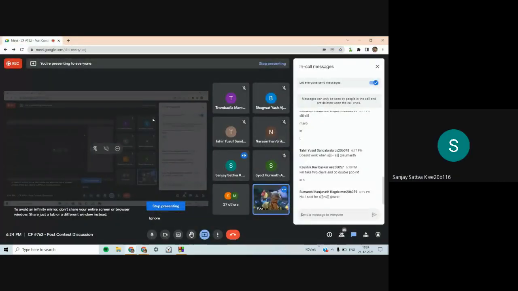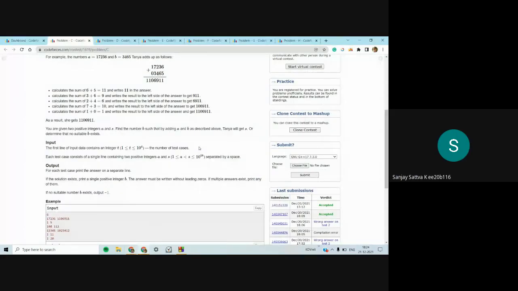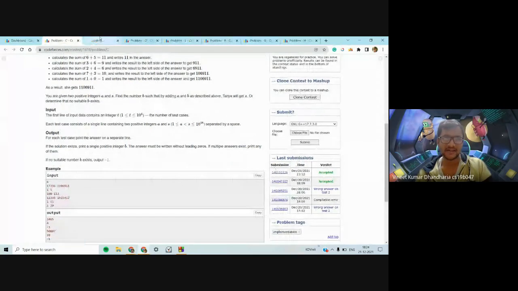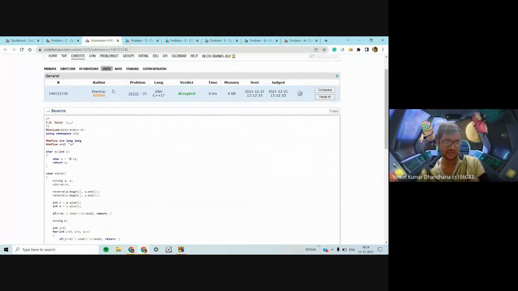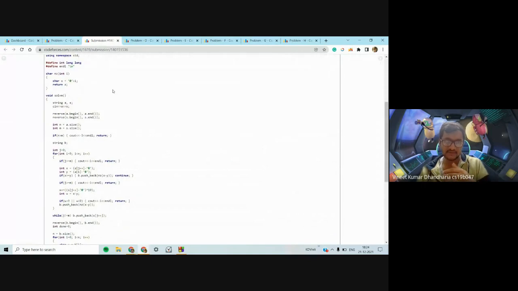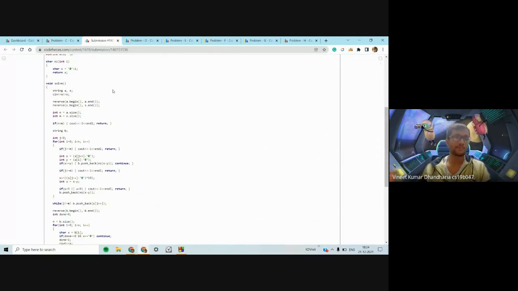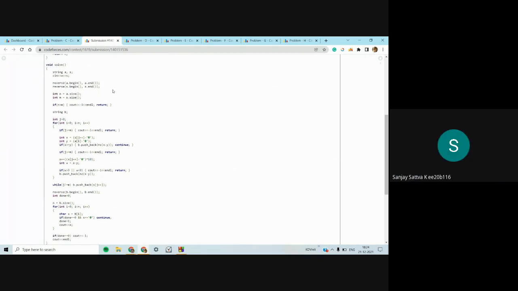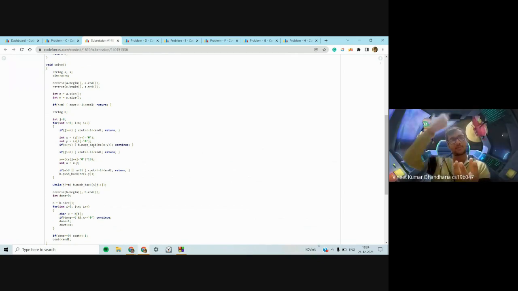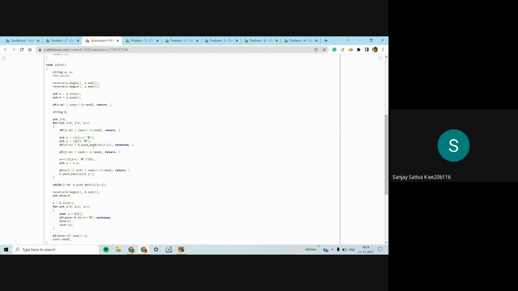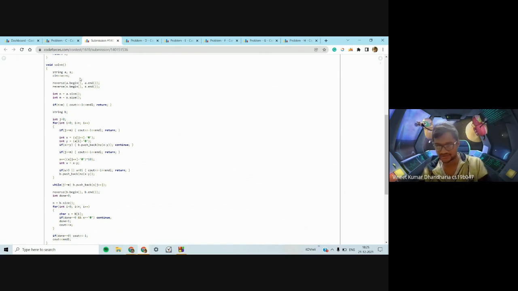I have a doubt. Sure, go ahead. What was that B pushback in your code? Okay, so pushback just pushes the character into the string. Are you familiar with vectors? Just the same way in a vector, you push back a character, it does that. Pushback a character means insert it? Yeah, insert it at the last. Suppose you have a container and you're putting something on top of it every time. That is what push back is. Okay, thank you. And reverse string would reverse the string.